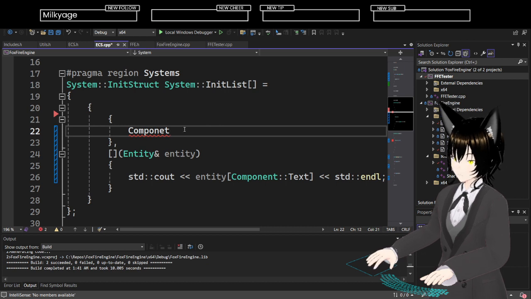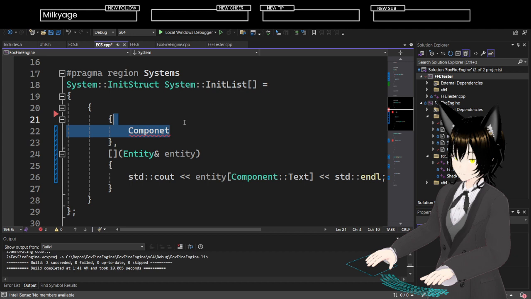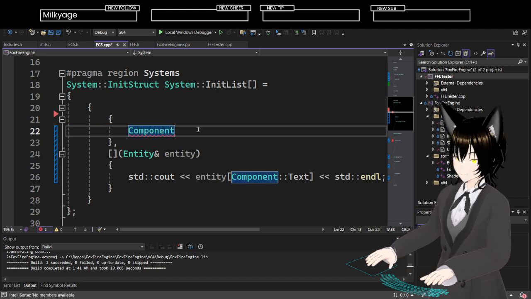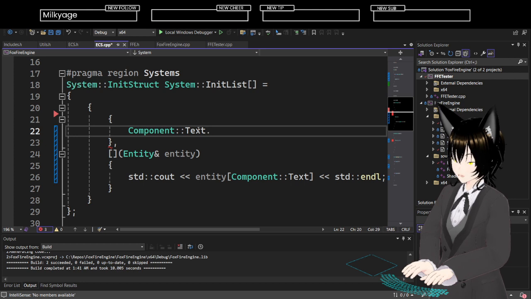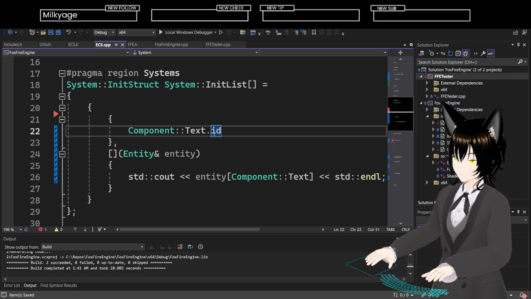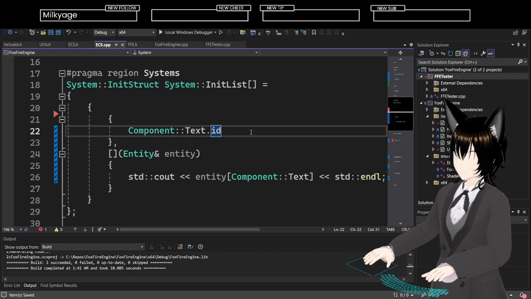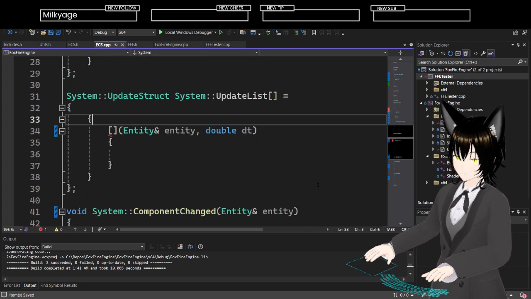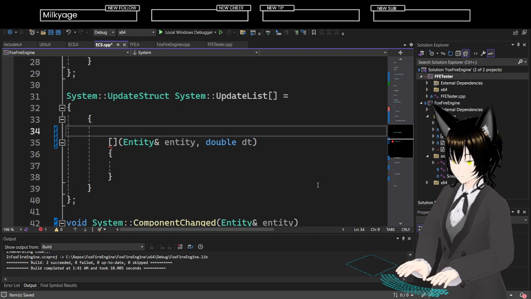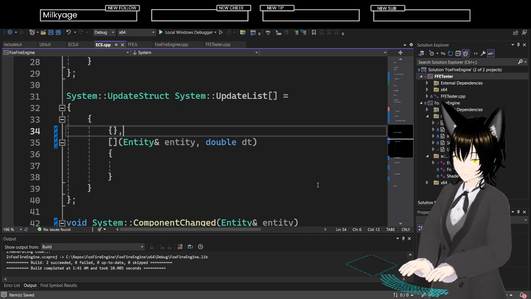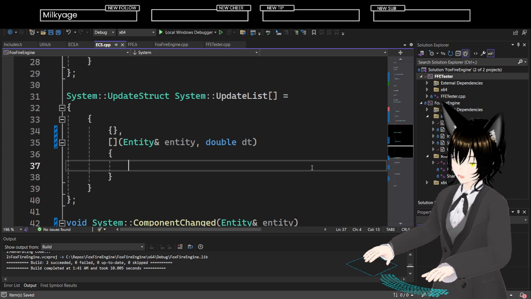Oh, I missed the. There we go. Text.id. Yeah, okay. That makes things nice. And then that can even be empty. Cool. So that's fine. That's good. And I can even have empty ones. That's nice.